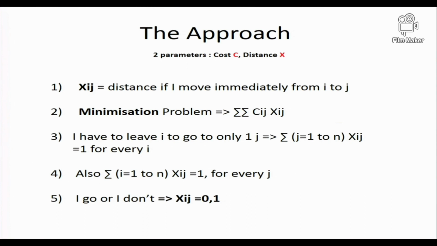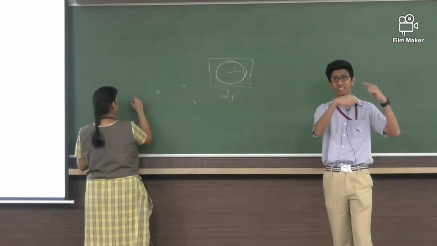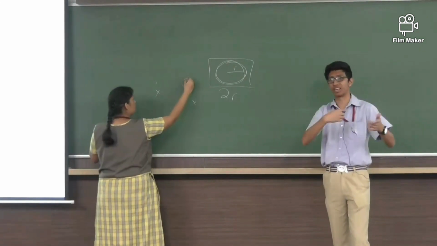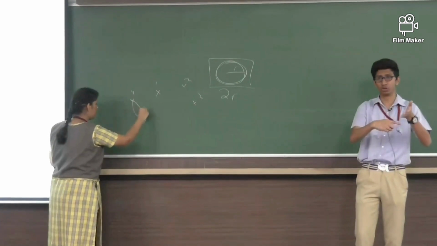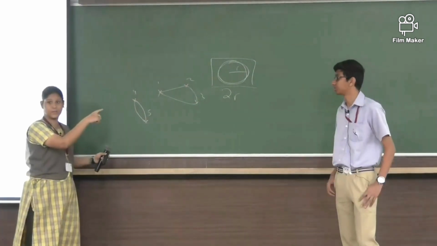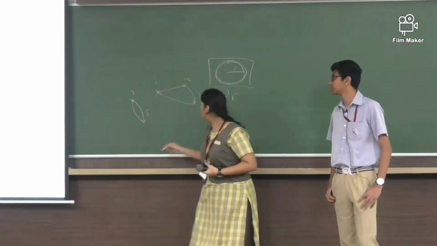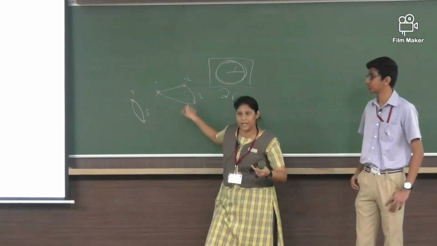Now something tricky is what is going to come here. There is something called the subtour. Basically, if you have a map and you have a loop inside it, you don't want to keep going in the loop again and again. Your program may go into the loop and say that's the most optimal path. You don't want that. You have 5 points, but you don't want to have subloops inside. So this is what is called a subtour, and you have to eliminate these.